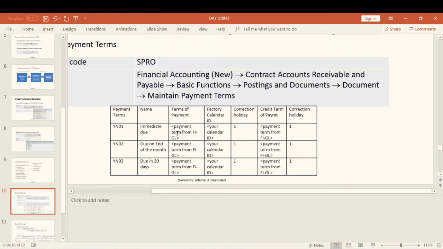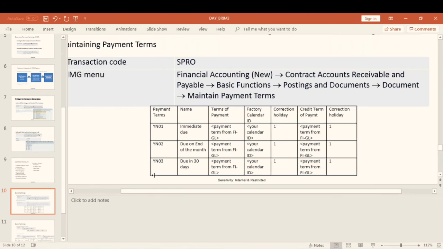If the customer pays the bill within 30 days of getting it, then no penalty is imposed. If it crosses 60 days, what is the amount of penalty imposed? And if it is more than 90 days, what is the penalty? These are the payment terms maintained in the contract account configuration.